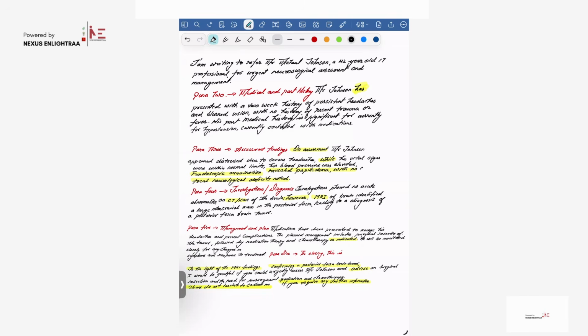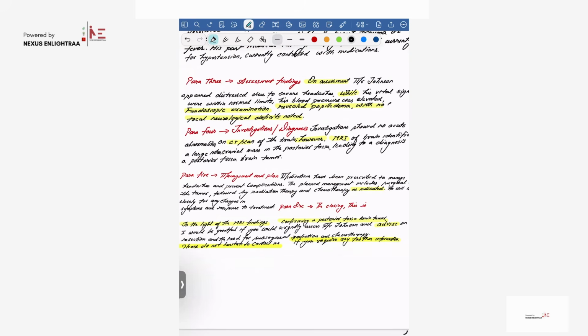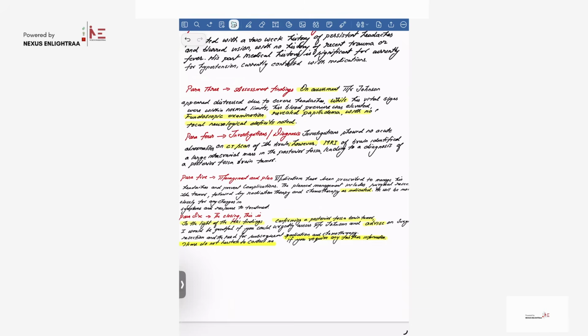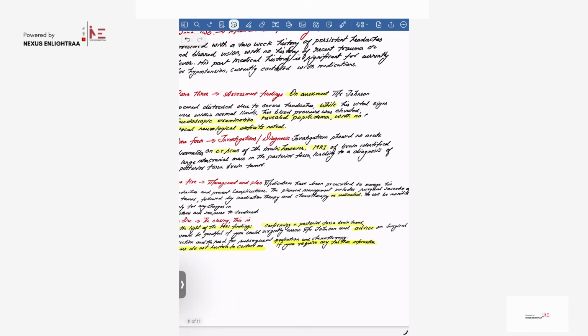And we say medications have been prescribed to manage his headaches and prevent complications. The plan management includes surgical resection of the tumor, followed by radiation therapy and chemotherapy as indicated. He will be monitored closely for any changes in symptoms and response to treatment. Then it is para 6. Somehow this thing has moved up. Let me just try and see if I can move it down. That worked. So para 6, in the light of the MRI findings confirming a posterior fossa brain tumor, I would